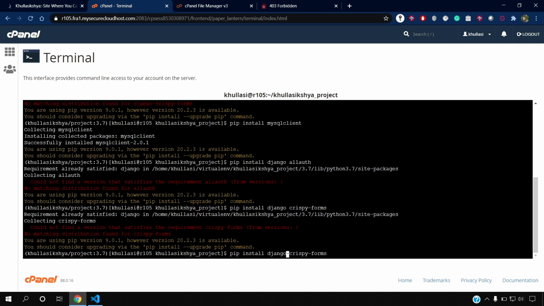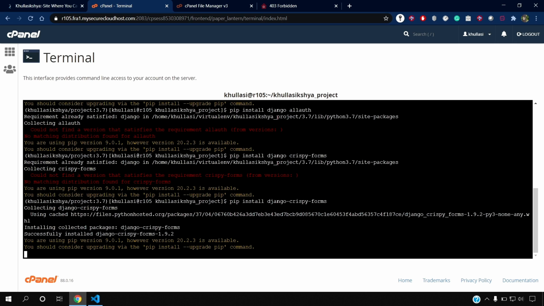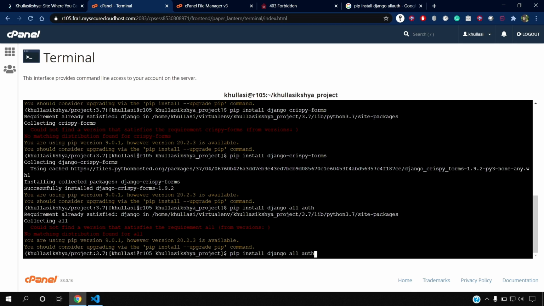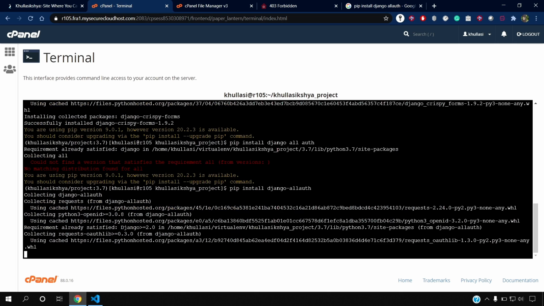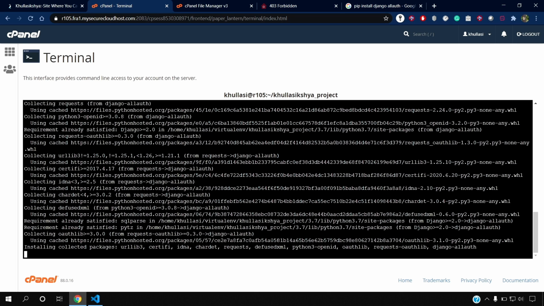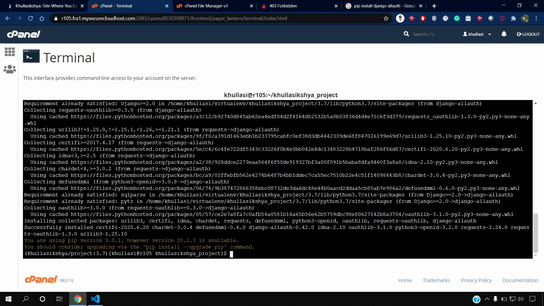Django crispy form. Here it's a problem with all auth as well. So it's Django all auth. This one here. So we have installed all the requirements that we need in our project, and we have also installed Django.